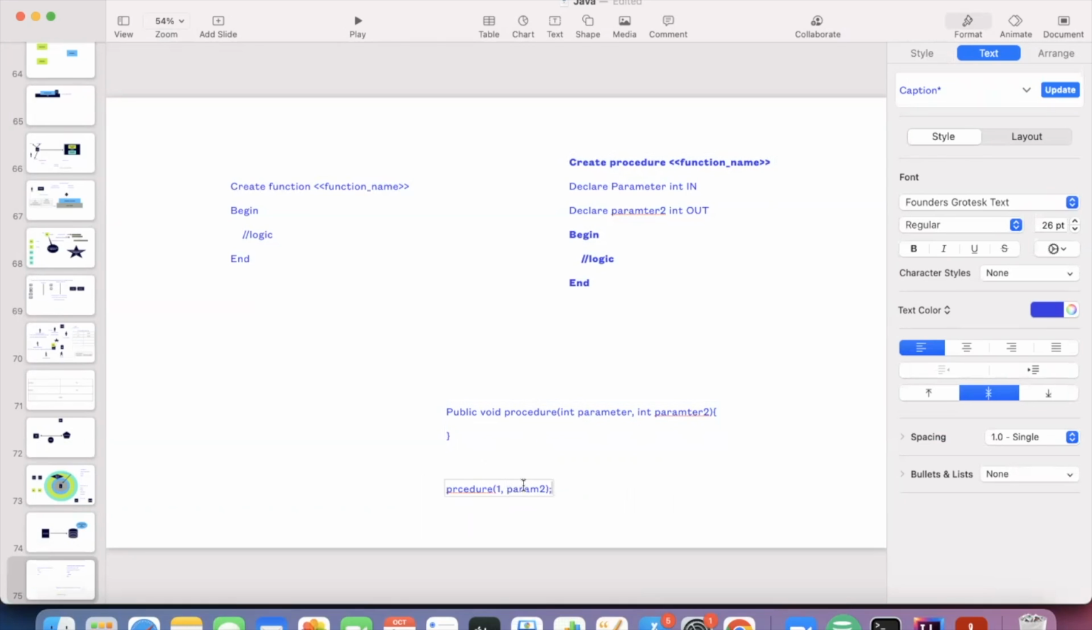When it's executed, the param2 value initially may be null. Let's say it's int param2. Initially it's not assigned, but when the procedure is executed, the param2 value will be updated through this procedure. So we have two types of parameters, in and out, and also we have an in out parameter. That means the same variable